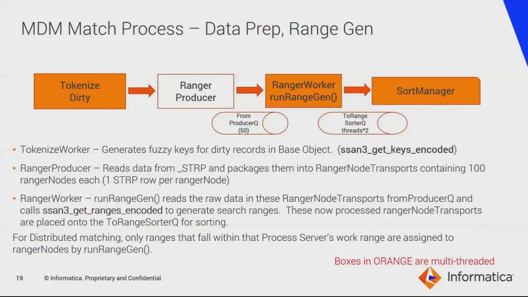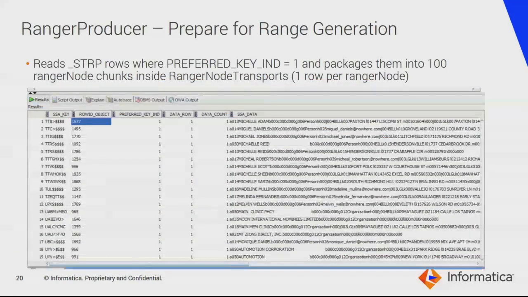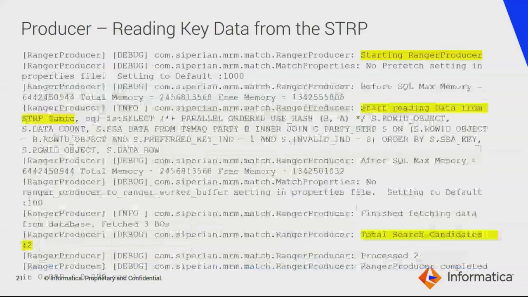So we've read data from the strip to generate ranges, and we've packaged these ranges into RangerNodes. And this is what the producer step is doing. It's reading the raw SSA data, preparing it, reading rows and putting them in memory in the form of this block in the blocking queue, this internal blocking queue. And then once it's there,